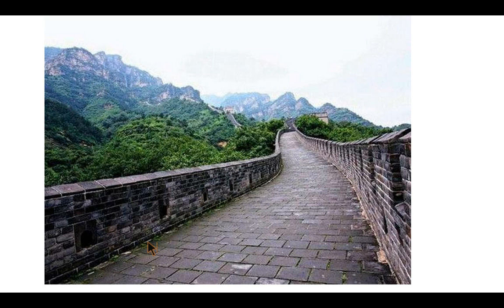How long did it take to build the Great Wall of China? The Great Wall was built over many years. It's believed that the original Great Wall was built over a period of approximately 20 years. The Great Wall, which is mainly in evidence today, was actually built during the Ming Dynasty, which was, again, about 1,000 years later than what we're studying with Shi Huangdi. And this took the later part of the wall about 200 years.